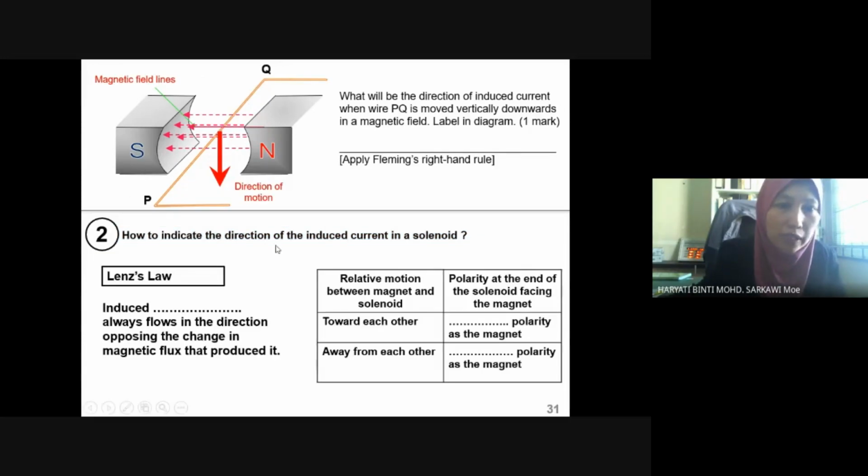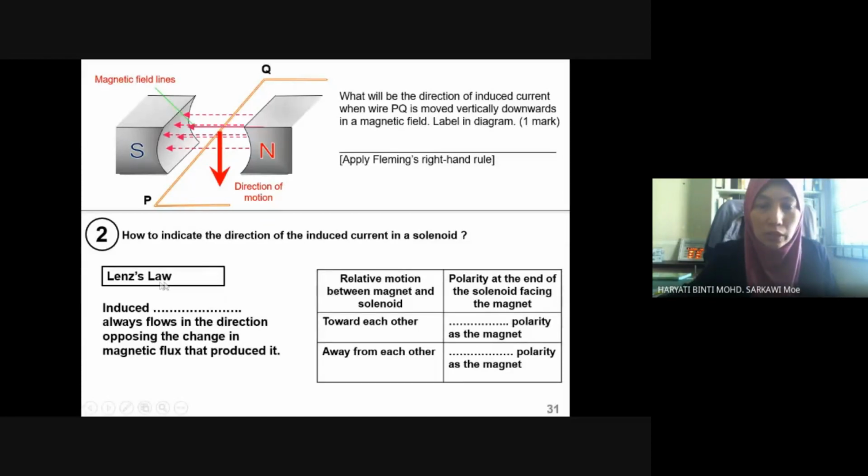Next, how to indicate the direction of the induced current in the solenoid? Just now, when we wanted to determine the direction of current for a straight wire, we could use our right hand Fleming's rule. But if it is a solenoid, we can't use the right hand rule. There are two methods actually. A simple method will be using your right hand grip rule again, but that actually relates to